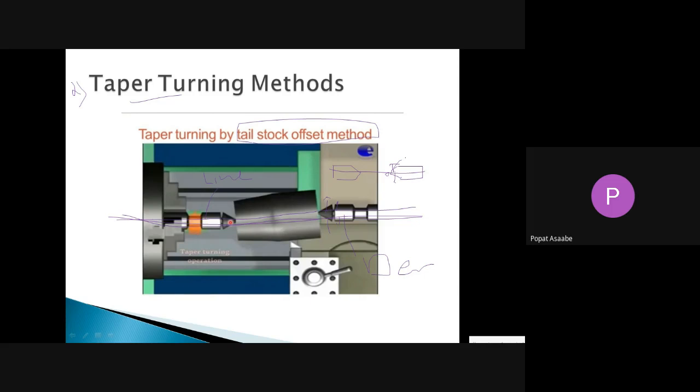Okay, how much amount of distance we have given to that tailstock center, it is called as the offset distance. Simple. म्हणजे ह्या ऍक्सिस पासून, from this axis how much distance we have moved this center, it is called as the offset distance. Simple. म्हणजे काय करायचं ह्या मेथड मध्ये सिंपल समजतंय का? टेलस्टॉकचा जे काही सेंटर आहे तो ह्या मेन सेंटर लाईन पासून काय करायचं आपल्याला, वरती तर घ्यायचा आहे किंवा खालती तर घ्यायचा आहे, लाईक दिस. ओके,